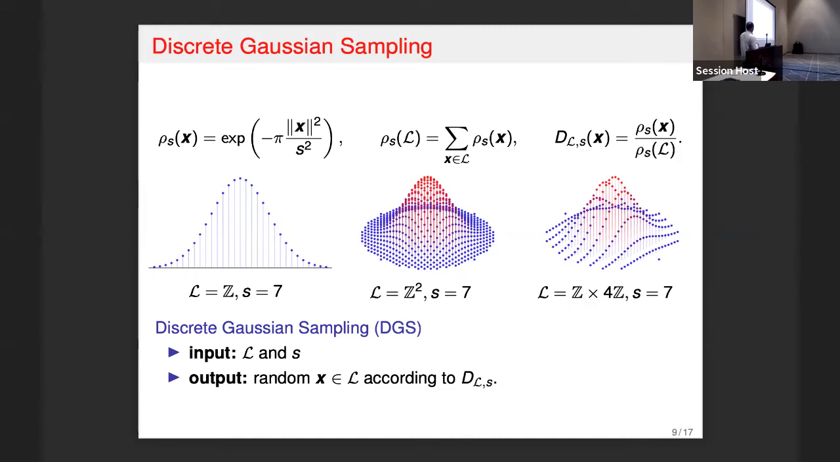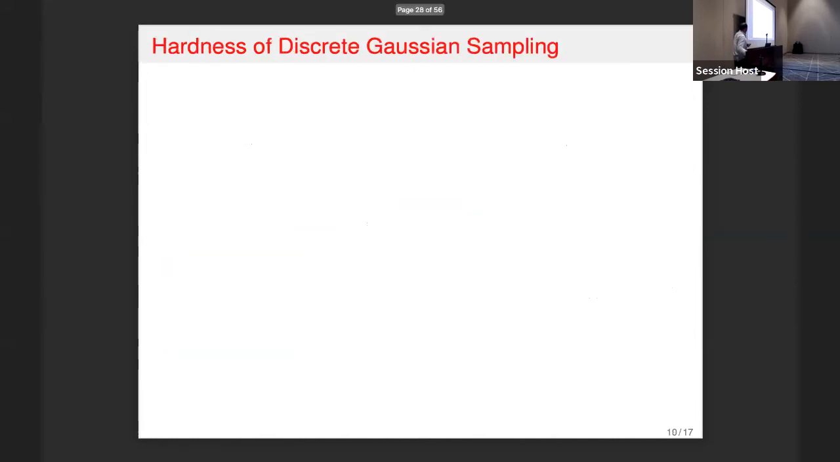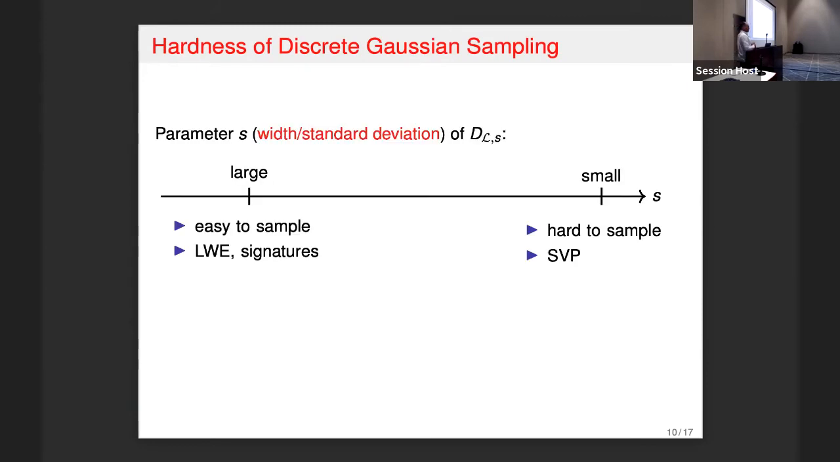So here s is a parameter. You can see if we decrease the value of s, we'll get a more concentrated distribution. Here you can see many examples of the Gaussian distribution where the y coordinate represents the probability density function for the vector. So what do we know about the hardness of discrete Gaussian sampling? We know it's easy to do when